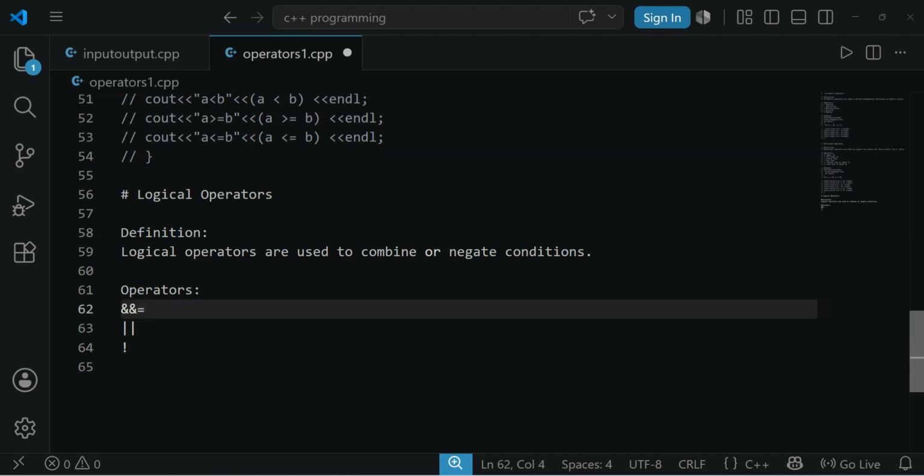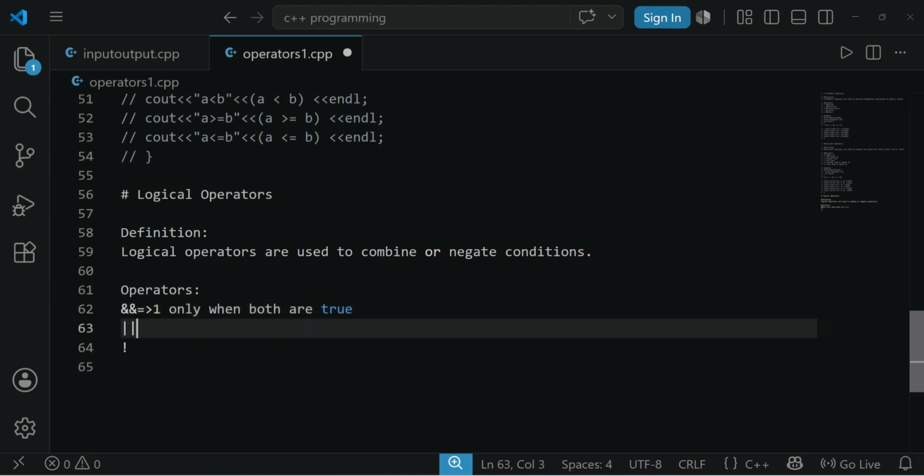Coming to this first operator, it will also show zeros and ones. That means it is also used to check the condition whether it is true or false in that particular case. For suppose and is given, it gives 1 only when both are true. Okay, when both are true only it will show it as true. Whereas coming to or, it will show 1, I mean it will be true when